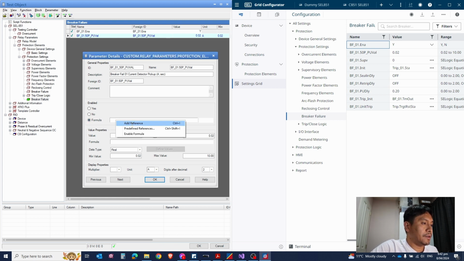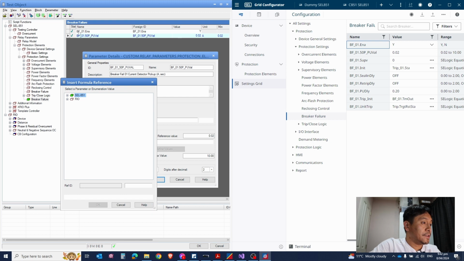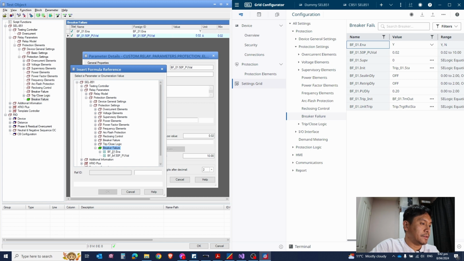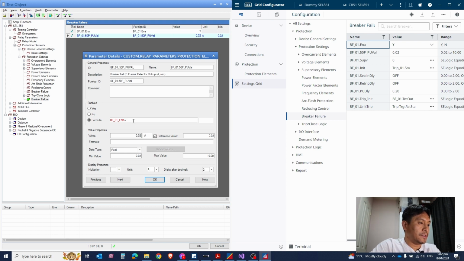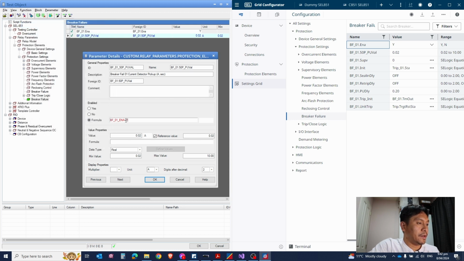So to do this, just right click, add reference, or Control I. So for now, right click and add reference, and find this bfo1 here. So expand this, and we are on relay parameters, protection elements, protection settings, breaker failure. So click this and then OK, then type equals, same, add reference y. So meaning if bfo1 equals y,